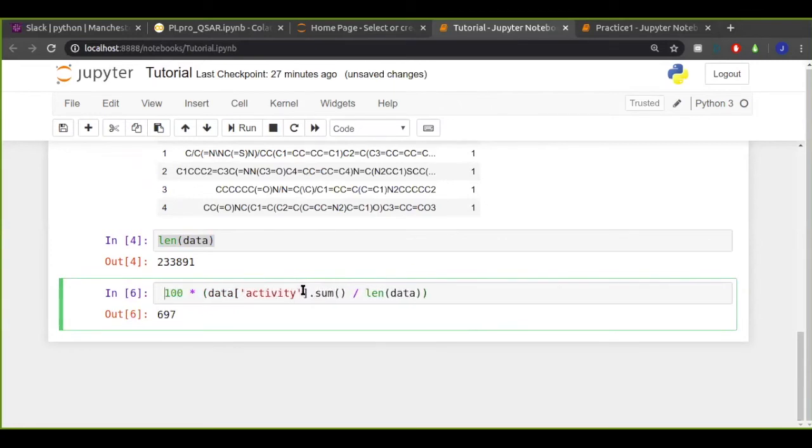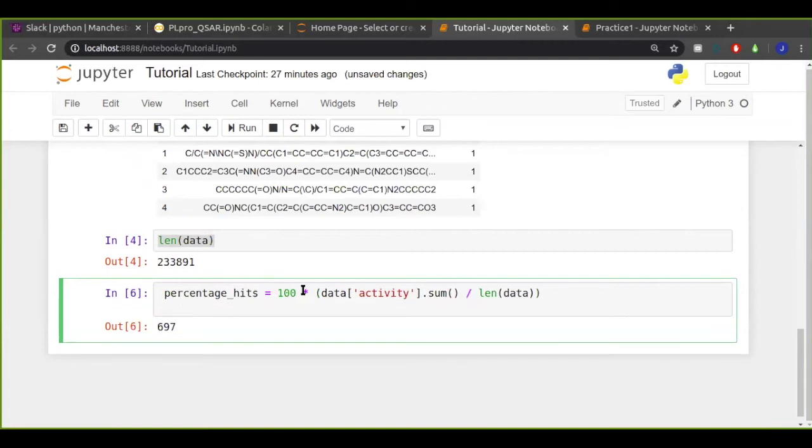And I'm going to save that as a variable called percentage hits. And I'm going to print that as a pretty F string. So print,